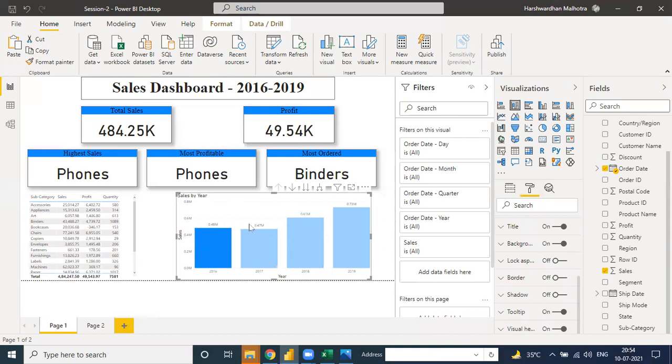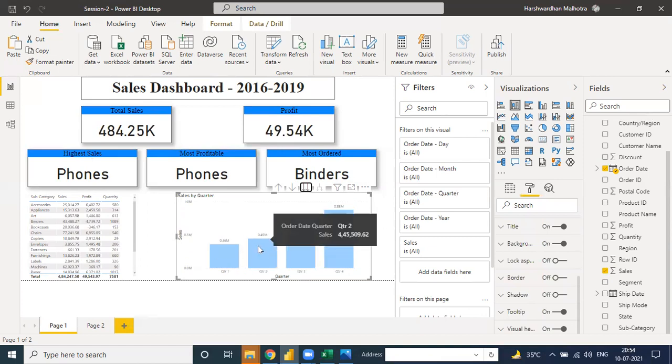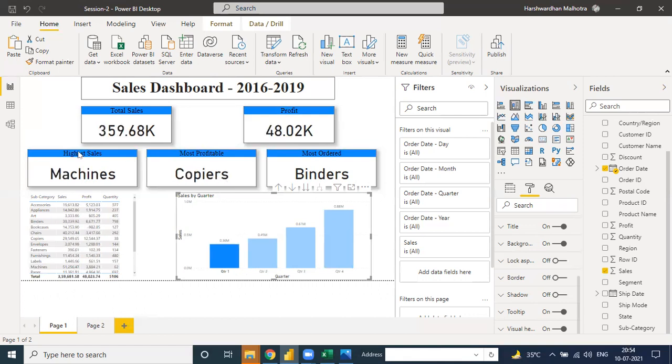Now suppose in 2016, when you click on the drill through hierarchy level, it will show us in 2016 there is 4 quarters. Suppose if you search by a quarter, then quarter 2, let's see, quarter 2 is total sales 4.4, total profit, highest sales, most profitable, most order. In quarter 1, see, highest sales is for machines, copier, binders, and all are changing together.